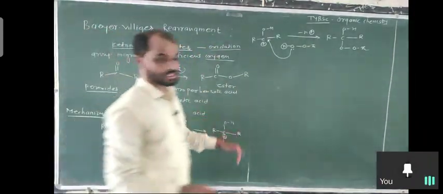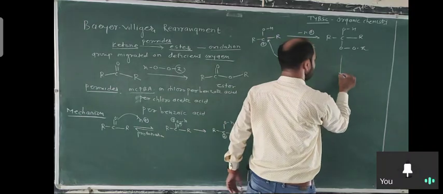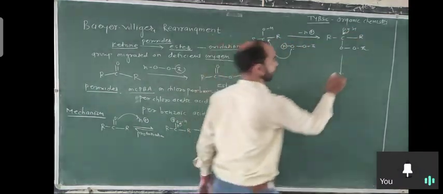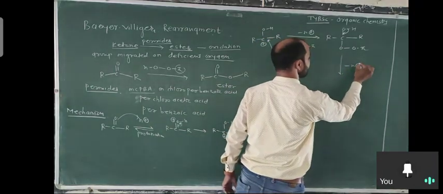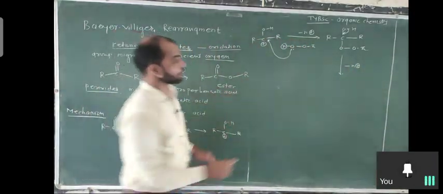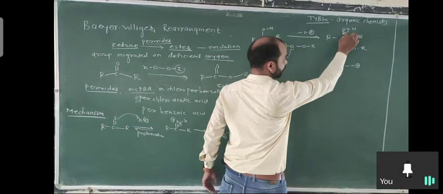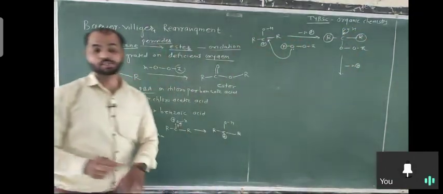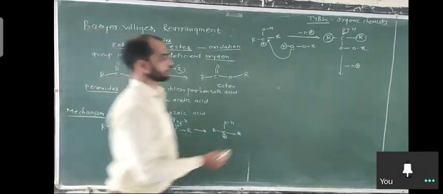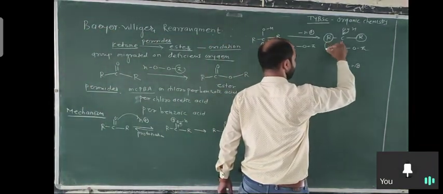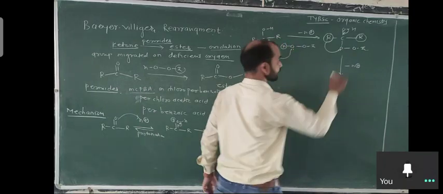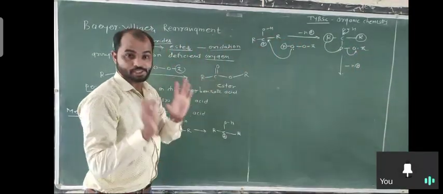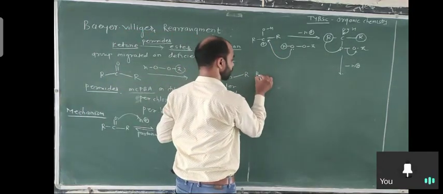So in the last step, what happened here? This comes here, forming the double bond, again minus H plus. At the same time, when it forms the double bond, one of the alkyl groups, the one which has more migratory aptitude, is transferred onto this oxygen. At the same time the bond breaks. We can write this mechanism stepwise also, suppose you consider this species.